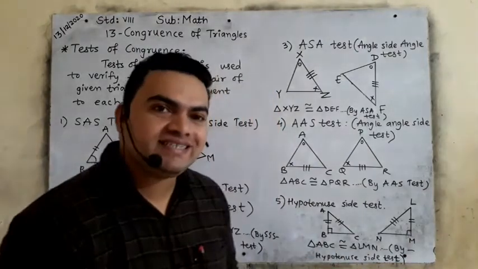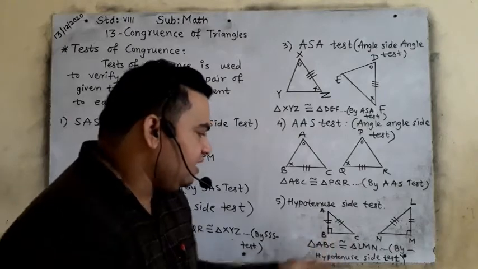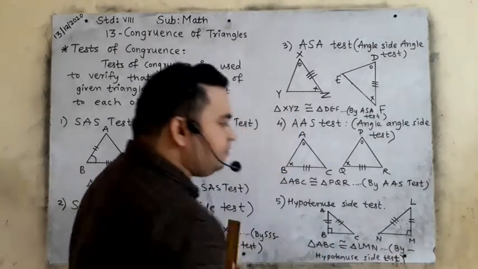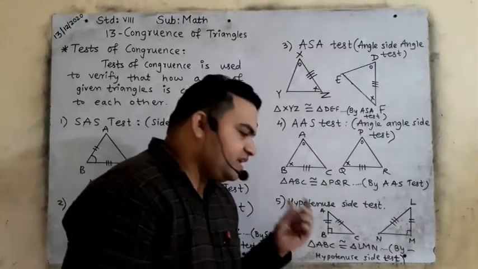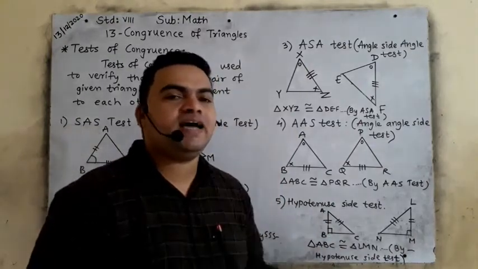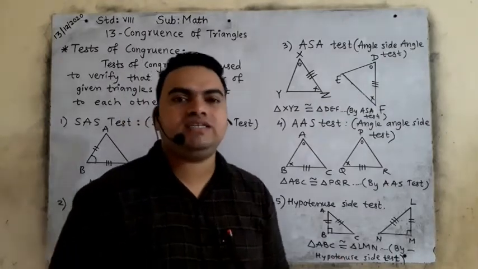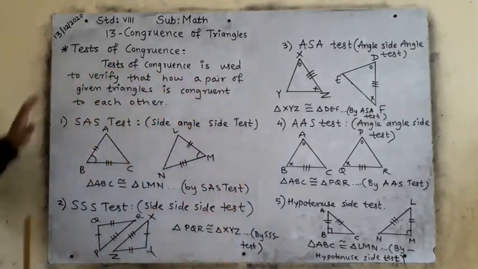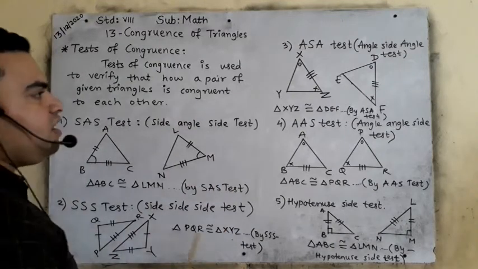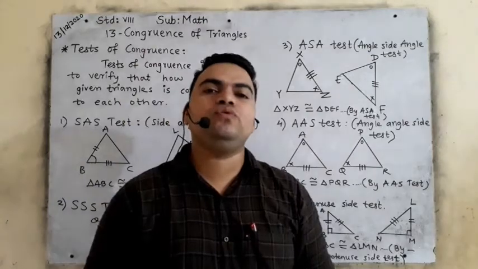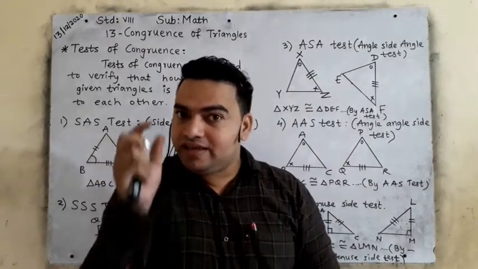Why hypotenuse side test? Because it is a right angle triangle. Can you see this altitude symbol at B and altitude symbol at M? Whenever you see this symbol, quickly you will say it is hypotenuse side test. Okay, so these two triangles are congruent to each other. So these were the tests of congruence. This is how we will write which given pair of triangles are congruent to each other by observing their